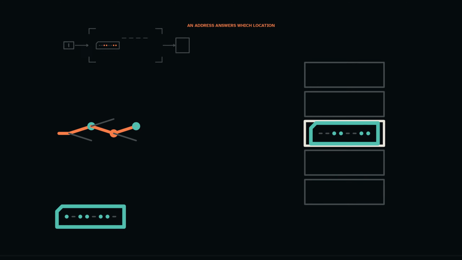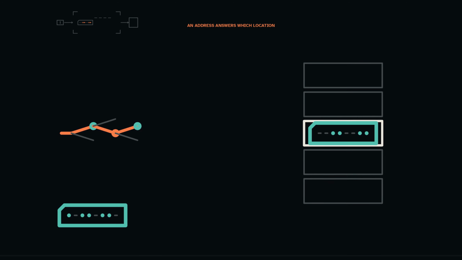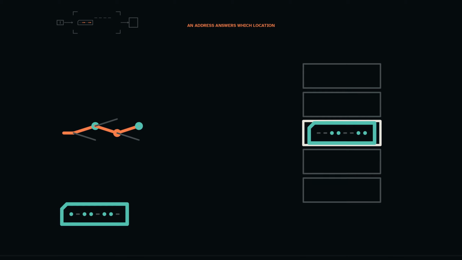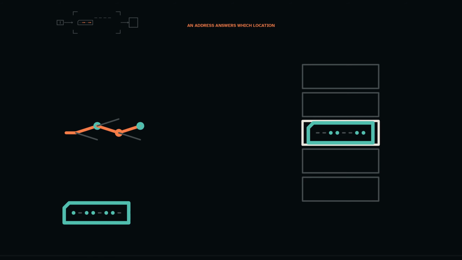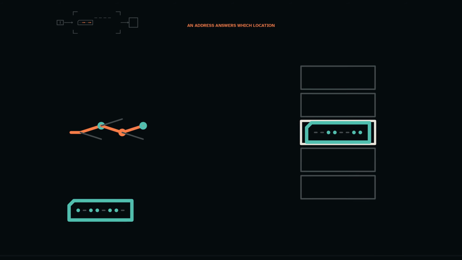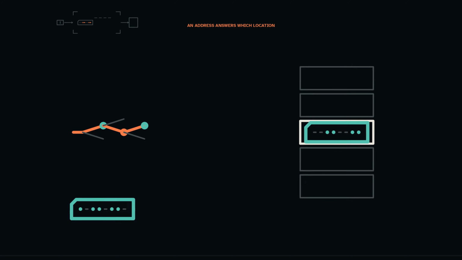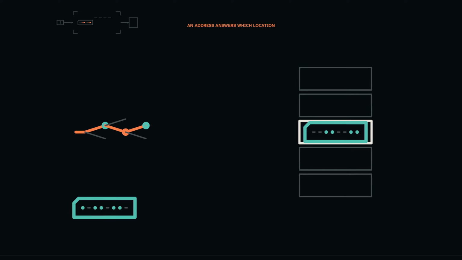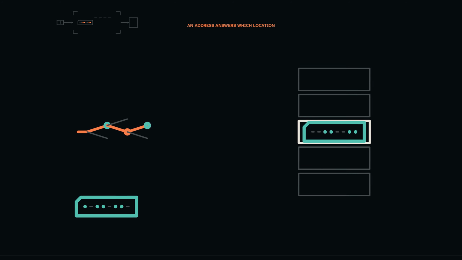One address bit can distinguish two destinations. 0 selects one branch and 1 selects the other. Add a second address bit and each branch divides again, producing 4 unique paths. A third division produces 8. Every added bit doubles the number of distinct patterns, and therefore the number of destinations that can receive a unique